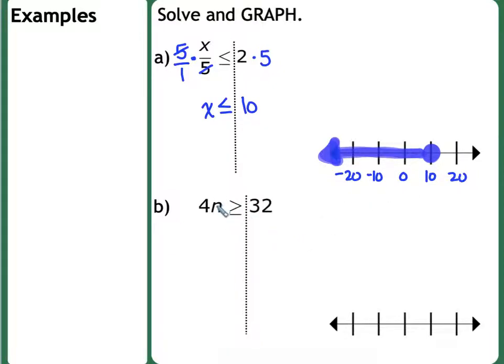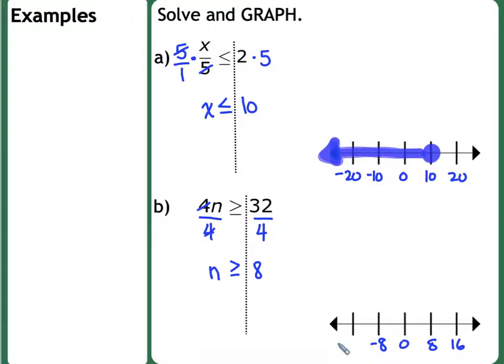We have a variable n being multiplied by 4. The inverse operation of multiplying by 4 is to divide by 4. Whatever I do to the left, I do to the right. Now I have a 4 in the numerator, 4 in the denominator. 4 divided by 4 is 1. So now I have n on the left is greater than or equal to 32 divided by 4 is 8. So again, graphing that,